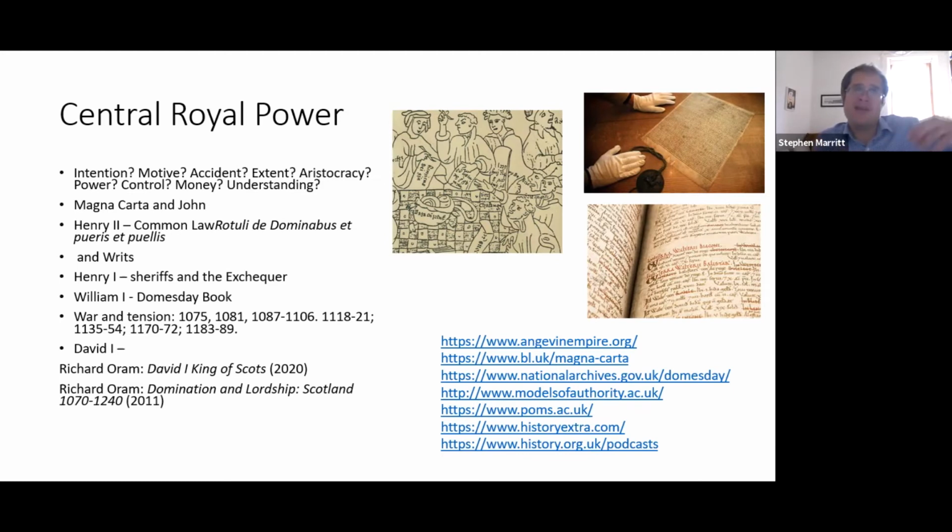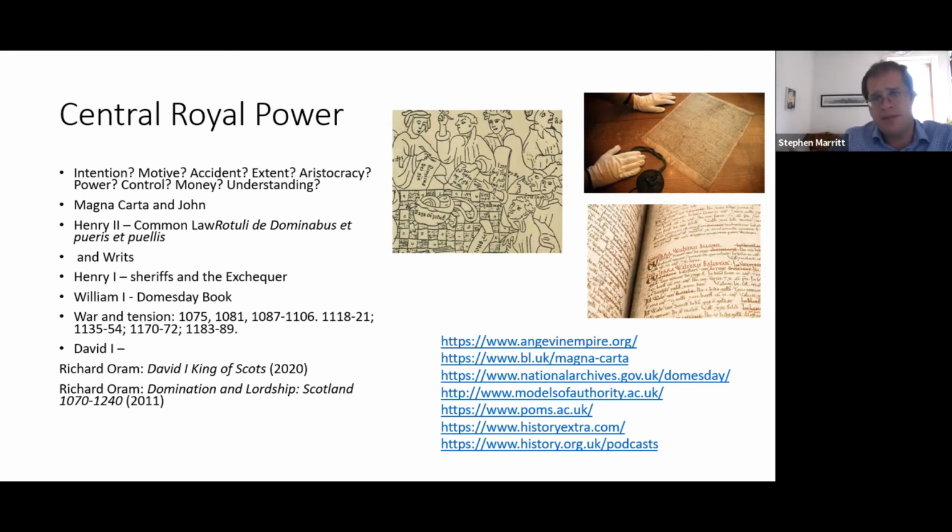So the men that create these documents often don't quite understand what it is they're doing or conceptualize of the things that they are creating. Henry I, William's son, famous for his government brilliance, the Exchequer, I've mentioned that, and using sheriffs in the counties. Now, this is often held up as a brilliant government mechanism, but Henry I wanted cash. Henry I's sole motive for all of this is to bring in more money to the centre, because Henry I has to spend a lot of money out in Normandy and in England to maintain his position.